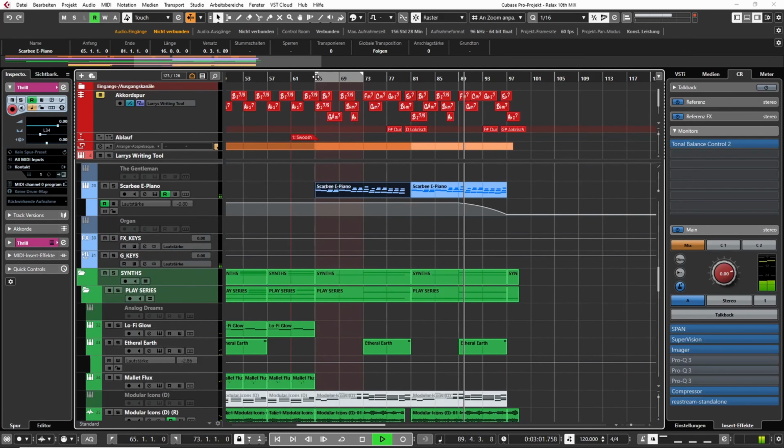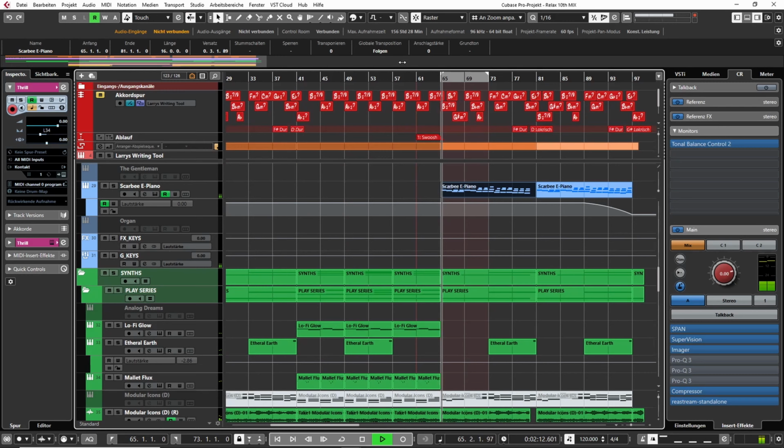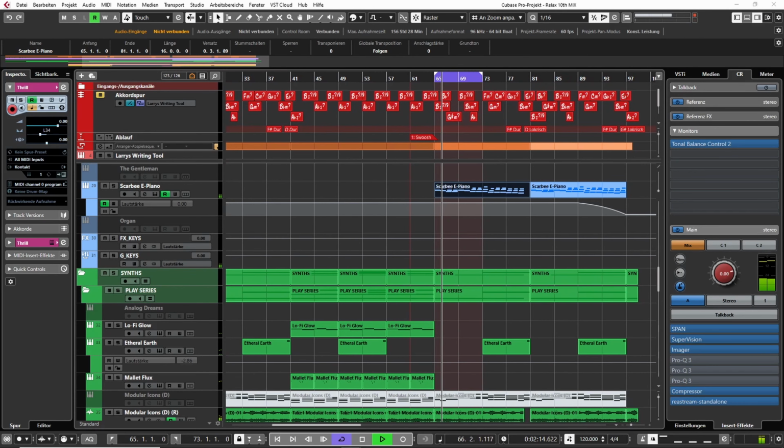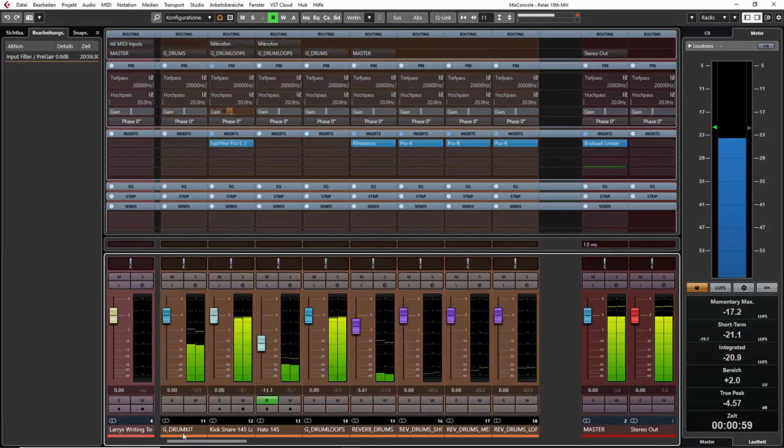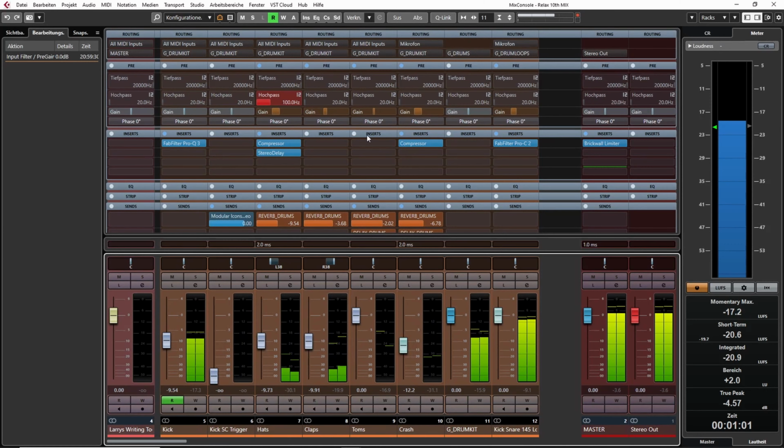So now let's take a look at some parts of the arrangement in the mixing window. I'm going to move into the mixing window now. We have some tracks, not very many, but we are going over them step by step again. So for the kick,